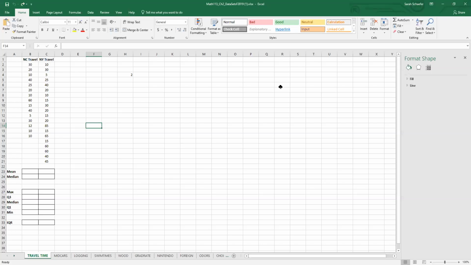All right, to make side-by-side box plots in Excel, you need your data to be in two separate columns. So if your data is not in two separate columns, what you want to do is copy and paste each piece of that data into its own column. Okay, so if this had been all one long column, I could split it into the two for North Carolina